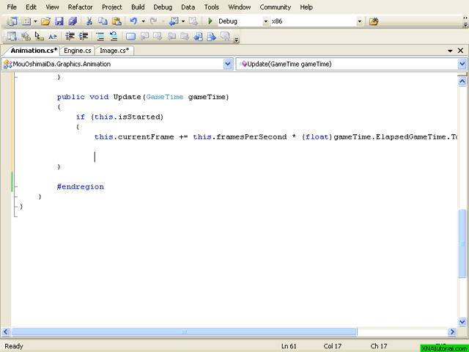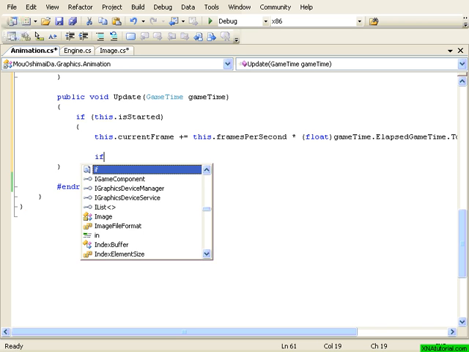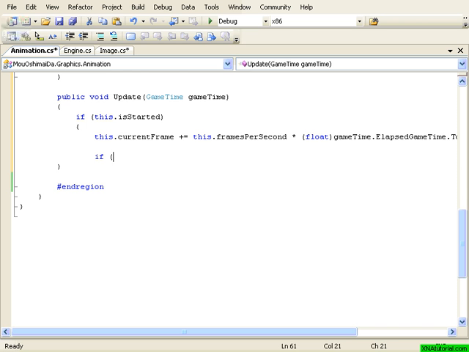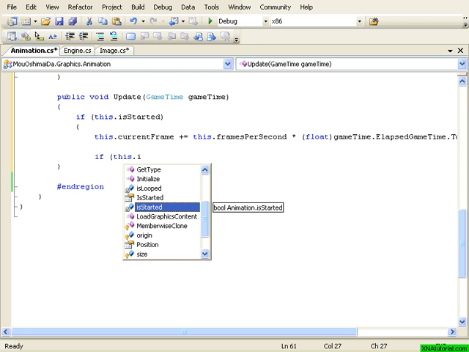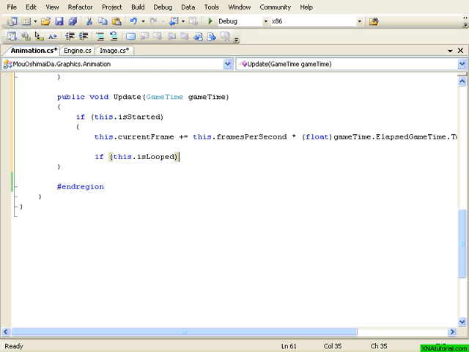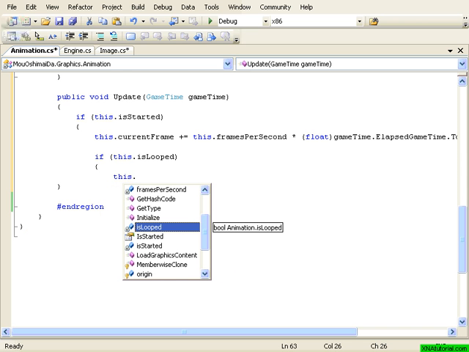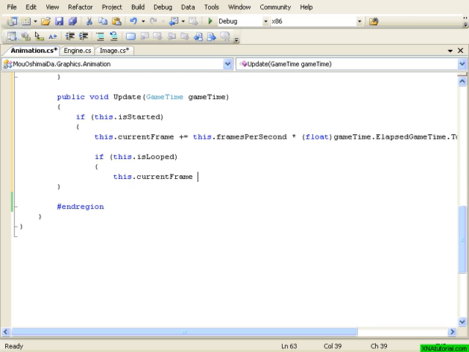Now, after we have increased, we can check and see if this is looped, because if this object is looped, then maybe we increased it too far, so that we are out of bounds of the list. Maybe the index gets too high and we're trying to access frame number 15 and we only have 9. So if this is looped, then we need to reset it if it gets too high. And I'm going to use the modulus assignment operator. So this current frame